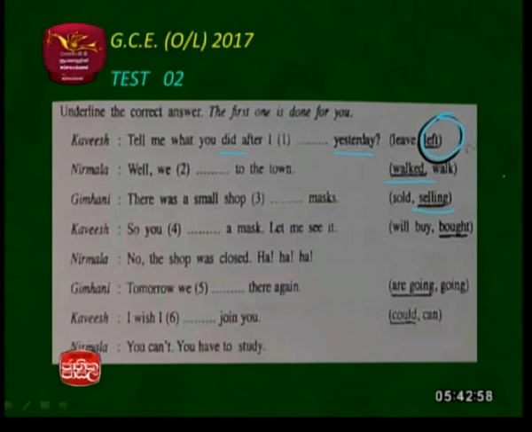So you bought a mask. That's easy. Yes. Bought a mask. Yes. Let me see it. No, the shop was closed. Ha ha ha. Tomorrow we